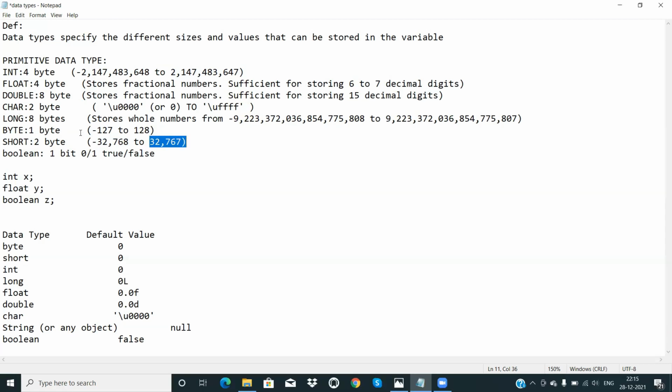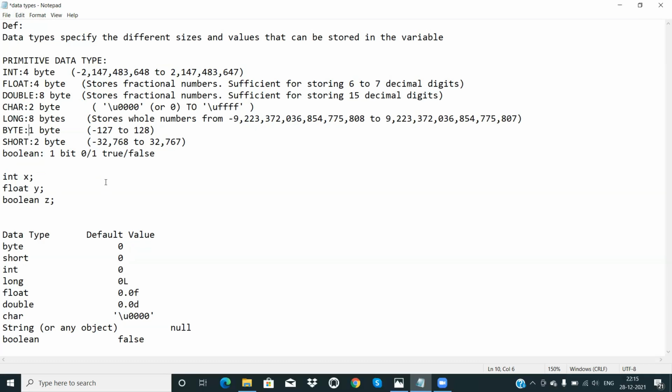Normally people do not use these data types very precisely. But wherever memory is a constraint, there you should use these kinds of data types like byte and short instead of integer.